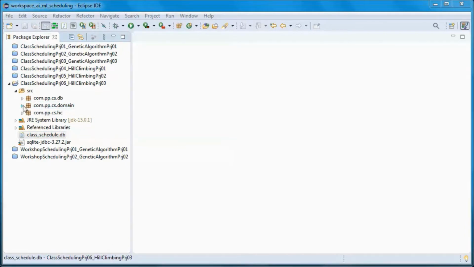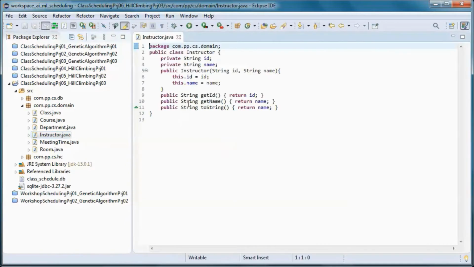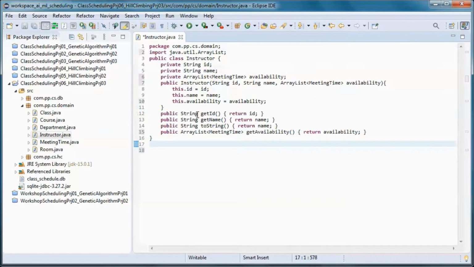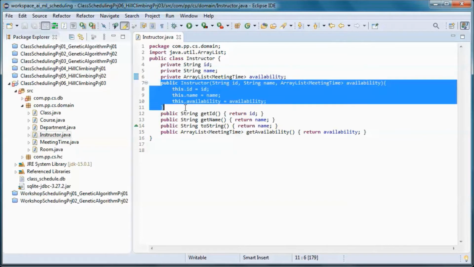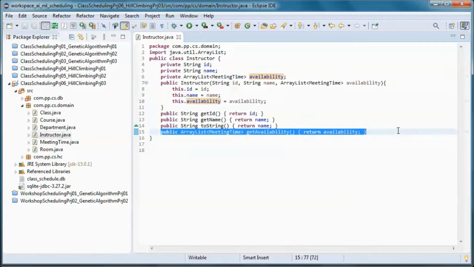Also, let's update this instructor class. So we will add the availability for that instructor and initialize it in the constructor and have a get method for it.